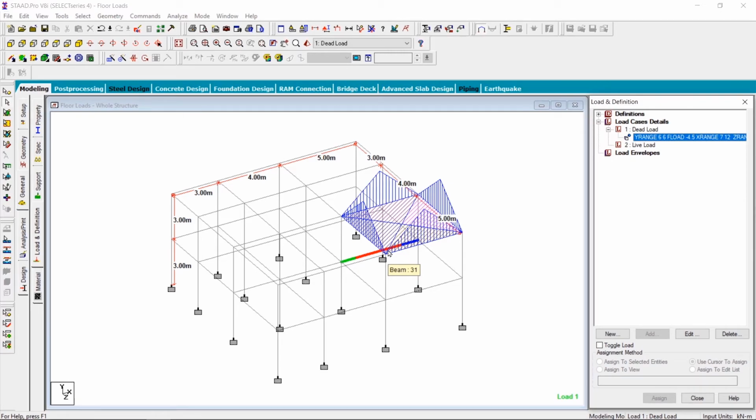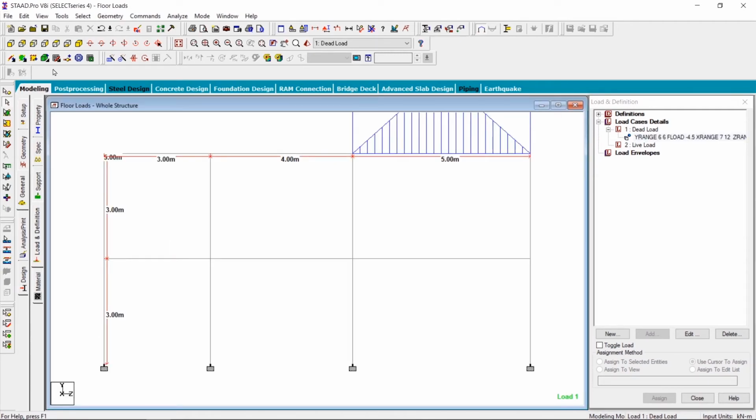However, there is one more trick I want to teach you that will rather make your life very easy. So assume that these 2 panels are our toilet areas and may have a different dead load value. So what we have to do is, first of all, select these 2 panels. And in order to do that, let's look at from the X side. So I'll select from the X side and I'll select these beams. Now this selects, of course, everything.